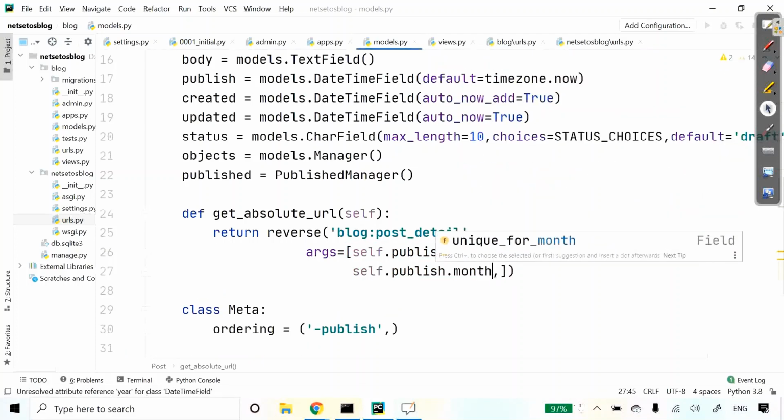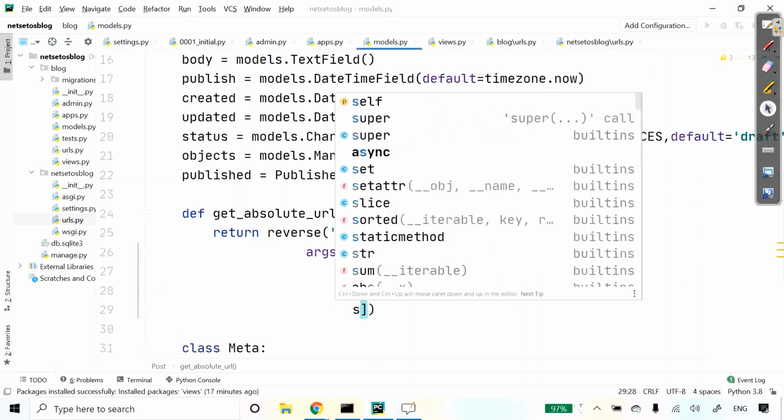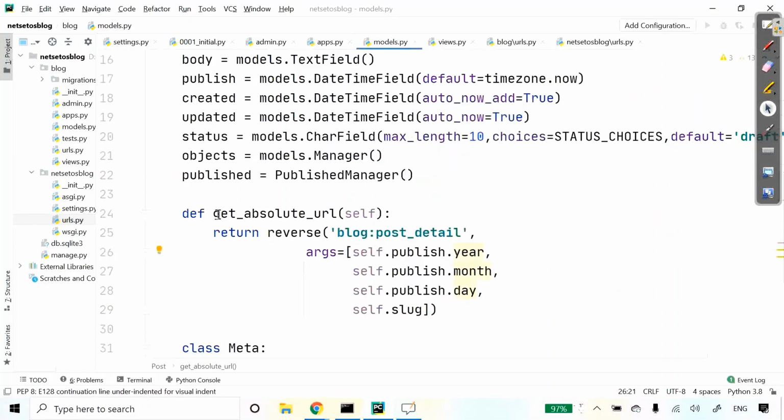Month, day. And here we will have slug. Now we will use this method get_absolute_url in our templates to link to a specific post.